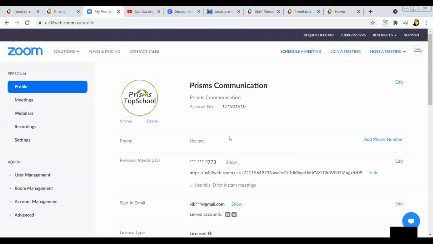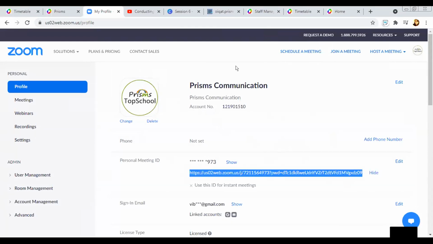I'll explain again. A personal meeting ID is different from a recurring or scheduled meeting ID. When I schedule a meeting, it can be a one-time or scheduled meeting, but a scheduled meeting ID is different each time. A personal meeting ID is static and is the same for each individual account. So the personal meeting ID shouldn't be shared.